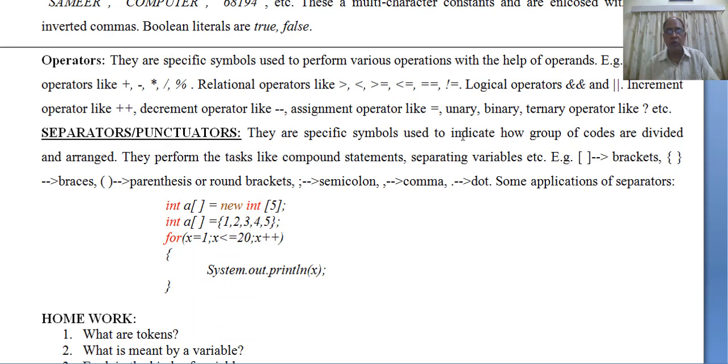Then we come to separators or punctuators. They are specific symbols used to indicate how groups of code are divided and arranged. They perform tasks like forming compound statements, separating variables, etc. For example, square brackets, curly brackets, parentheses or round brackets, semicolon, comma, and dot. Some applications of separators are